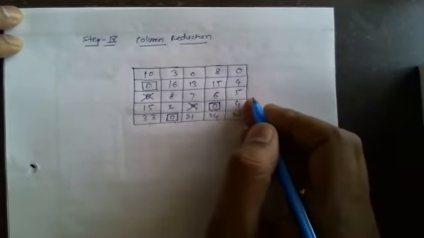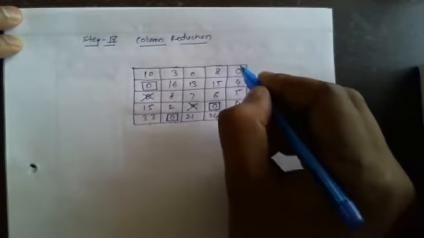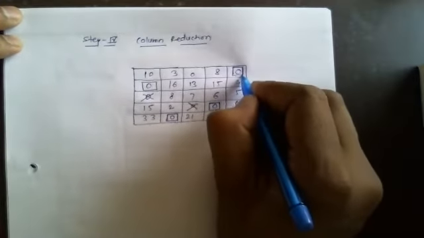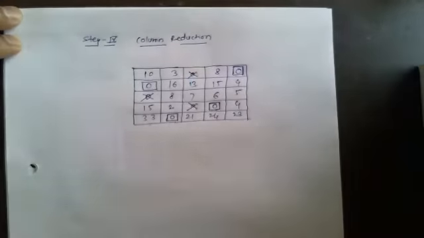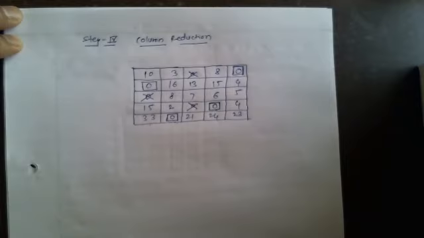Next, I will go for the fifth column. Here is a single 0 present, so I will assign this single 0 and I will cross this 0. Okay. I will cross this 0. Got it? Now check, is there any 0 remains? Is there any 0 left that we have not assigned or crossed? No. Now check the number of allocations.